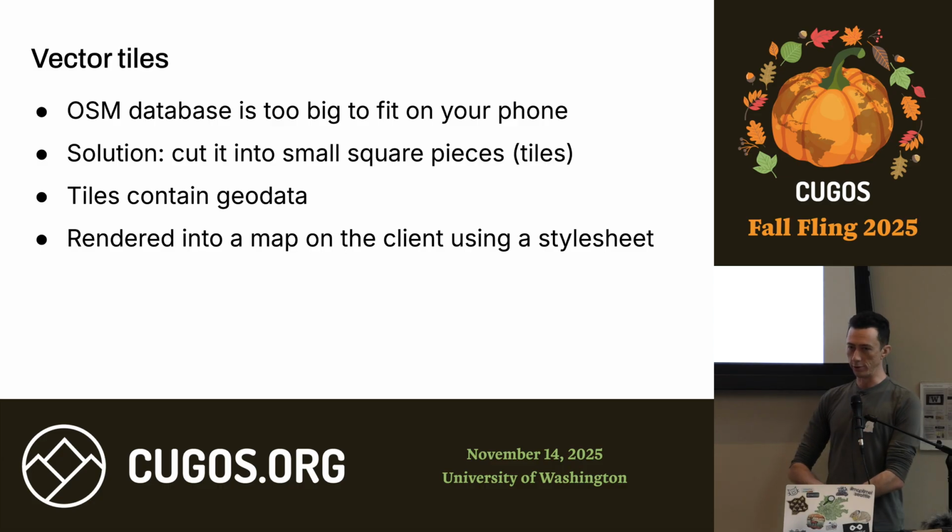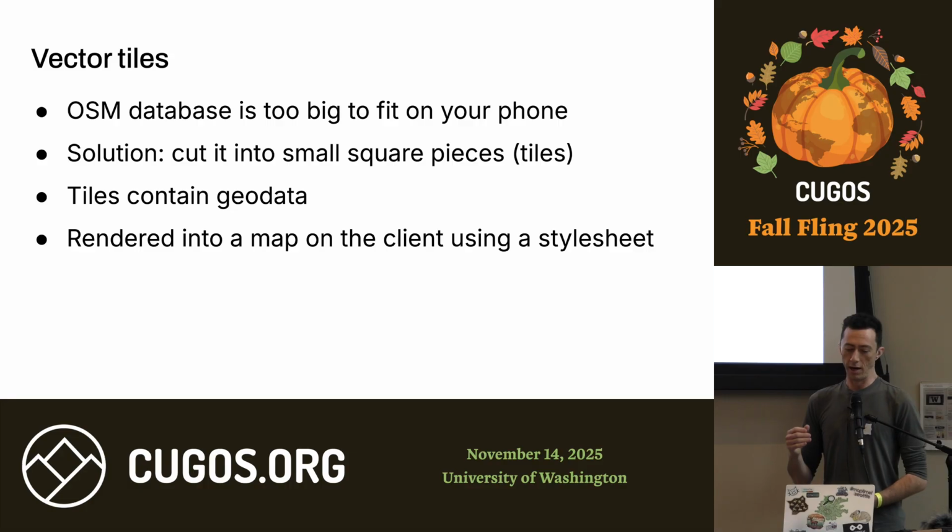So vector tiles, really briefly, are a solution to the problem that the world is really big and OpenStreetMap has lots of data about it, so OpenStreetMap's database is really big. It's like 85 gigabytes right now. It's too big to fit on your phone. It would be unreasonable to expect someone who visits your website to download that whole data set before they can